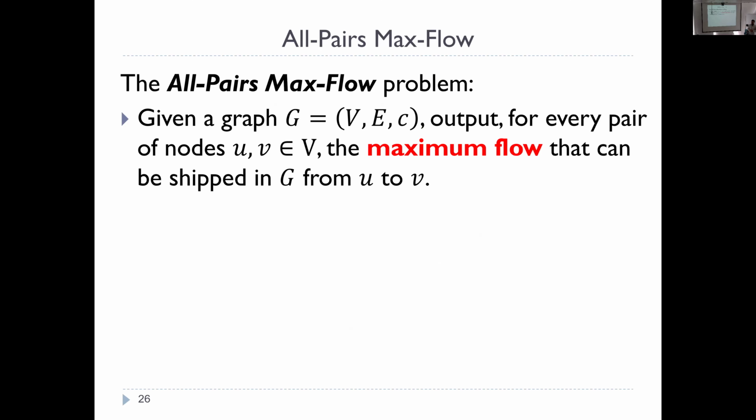Now, even more specifically, the problem that I have focused on a lot is called the all pairs maximum flow problem. Similar to all pairs shortest path, where you have the shortest path between a pair, and now you have all pairs. Now you can ask the same thing about max flow. You have the maximum flow between one pair; you want to know the maximum flow between all pairs. It's n choose two values, not just one value or cut. It's n squared values. So given a graph, you need to output for every pair of nodes what is the maximum flow between them. Okay.